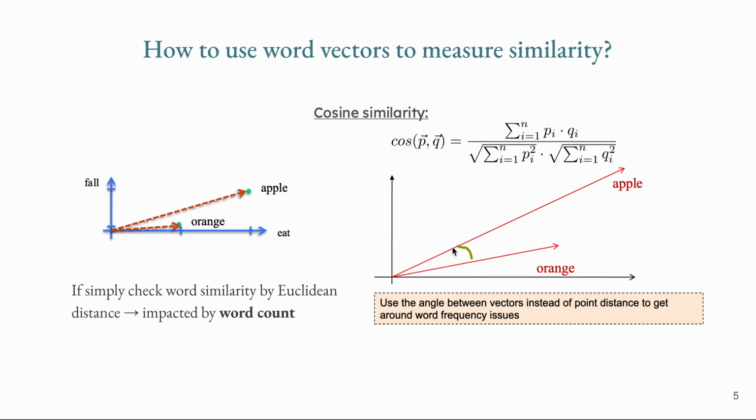So the word apple, and a word like Honeycrisp or Fuji, will have a lower count, so it will be somewhere here with a lower count. But the angle between it and the word apple will still be small, so we can still capture similarity by using cosine similarity. Okay,